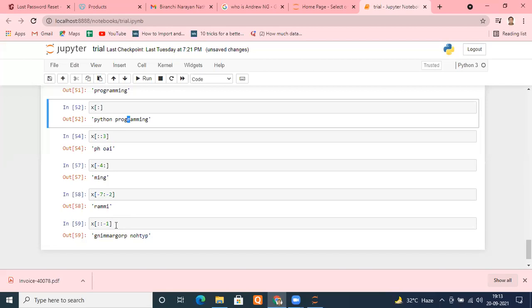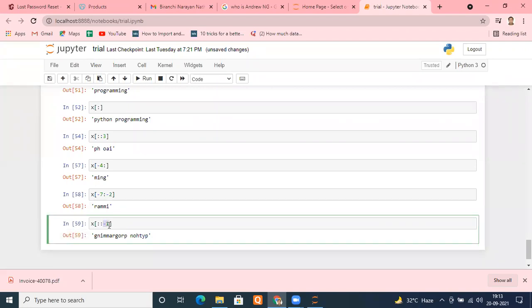Sir, I have a little doubt. Yeah, please. Actually, when we do not give a start index, then it starts from 0. And the step length means what step we give, that is 1 or -1. Actually, step size is basically what elements you want to traverse through in your output.